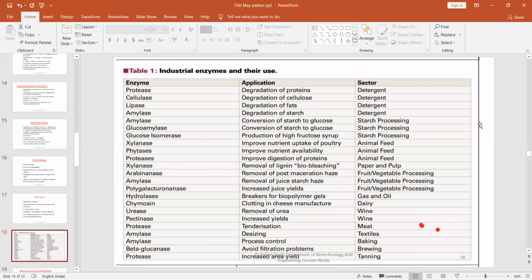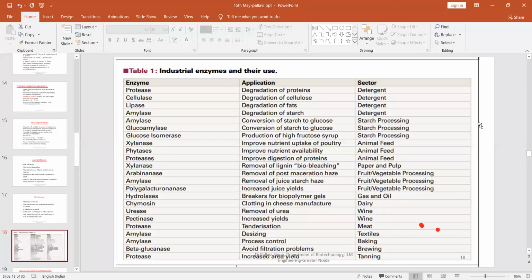Students, you need to remember, like the category which I was telling you in my first slide, that my enzymes are classified into oxidoreductases, isomerases, lyases. Based on the functions they do, they have been categorized in those classifications, but their nomenclature is on the basis of the substrate that they use. So proteases work on the degradation of the proteins and are applied in detergents.